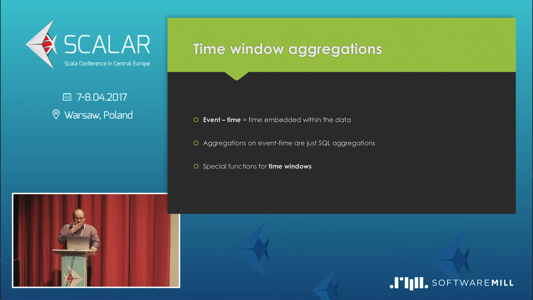But the aggregation that you're most likely to do in streaming is actually based on a time window. So Spark Continuous Applications promote the idea that most of the time you actually have time embedded in your data. Meaning that, for instance, if you read data from Kafka, there's always a timestamp, right? For some NoSQL databases, also timestamp appended, and if not, if you need to use as your time the time when it came into a Spark stream, then you can basically just put it in there very easily. And so if you have time as your data, as just a column in a data frame or dataset, you can actually aggregate on it the same way that you did on SQL, and there is a window function for that,